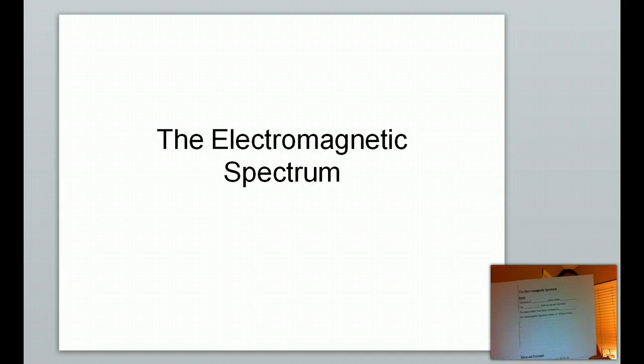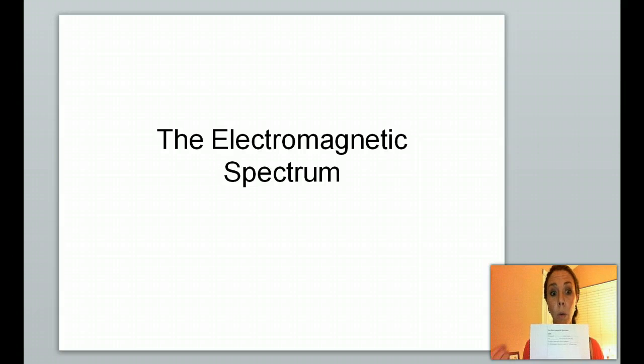So it says the electromagnetic spectrum on top. It is set up in Cornell style. I again made it so that you don't have to write too much and just put in the missing words here. In the margins, there are a couple of things when I flip lectures and talk like this. You're welcome to add some of the diagrams that are on here. You're also welcome to add any extra information.